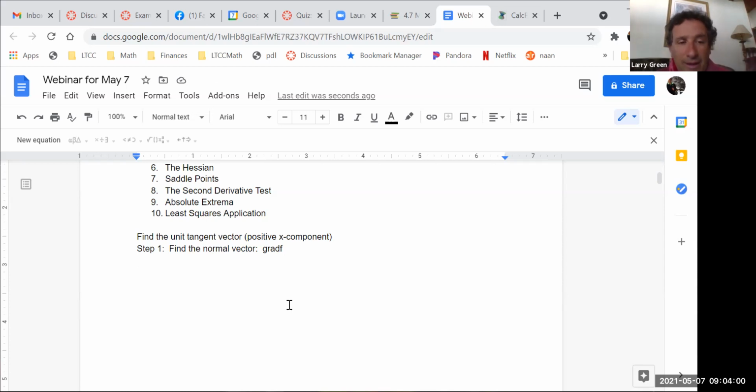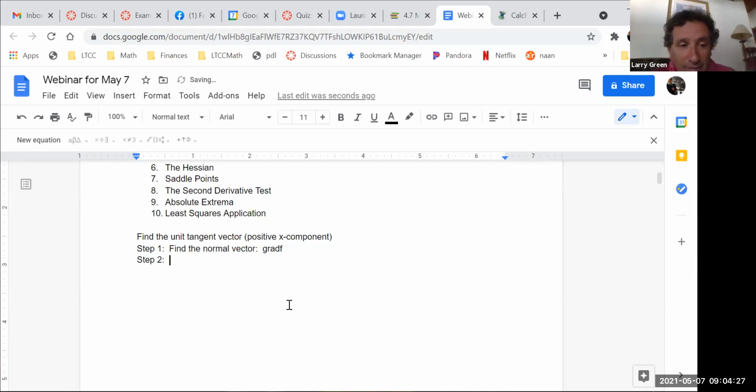But we had a theorem that said the normal vector is perpendicular, or orthogonal, whichever word you like, to every unit tangent vector on the plane. Do you remember that? So that was a big theorem we had. So step 2